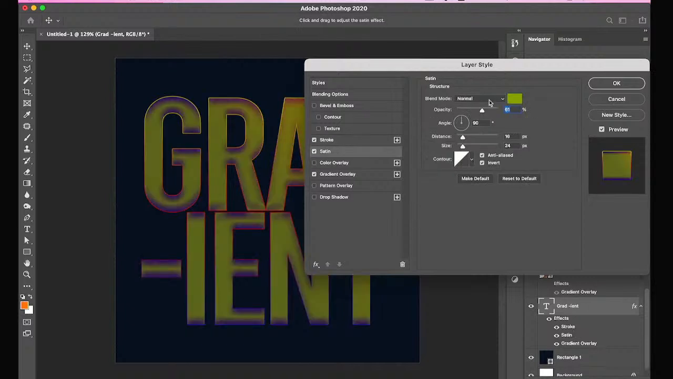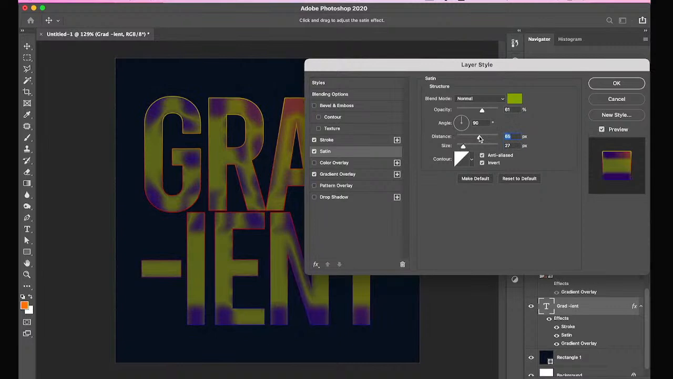Let me go to satin. You notice our color is green. So there's a way it blends the green inside, depending on the distance and size. It's more or less like we are applying the green inside. Then if I increase the size, you see, if I increase the distance, that is distance from the edge,